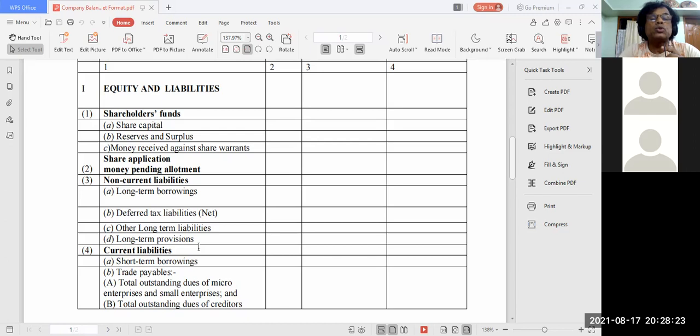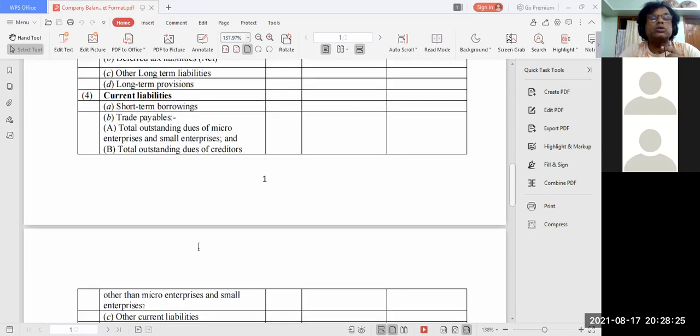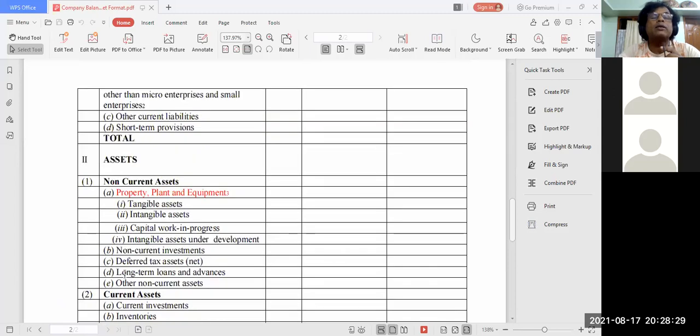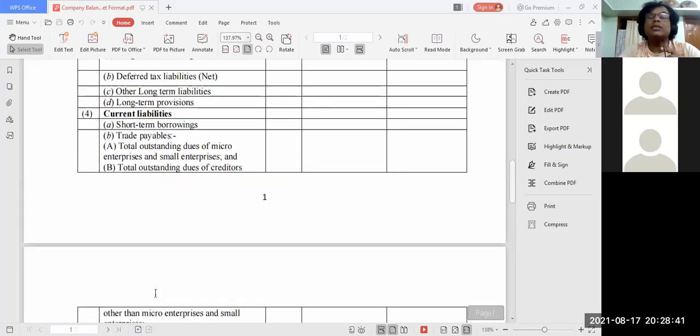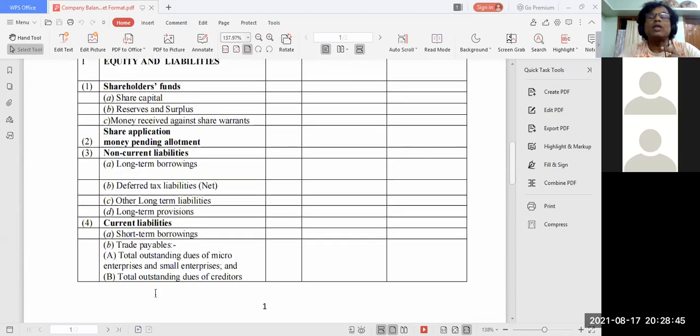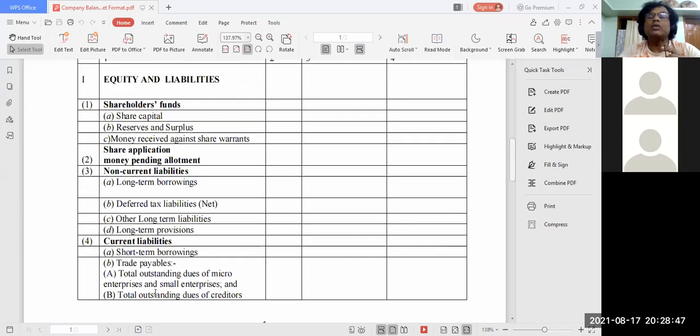देखो नीचे चलो. Asset आ गया. Asset का नीचे दो होता है, क्या क्या है? N and C. Non-current asset. And C means what? Current asset. Very good. So you have to remember S and C and C. Many people may not understand if they have not seen this, but you can understand what I mean. S and C and C.